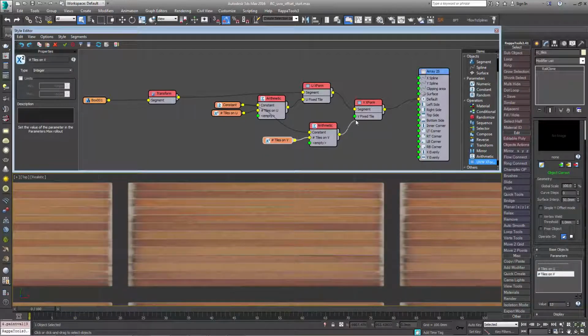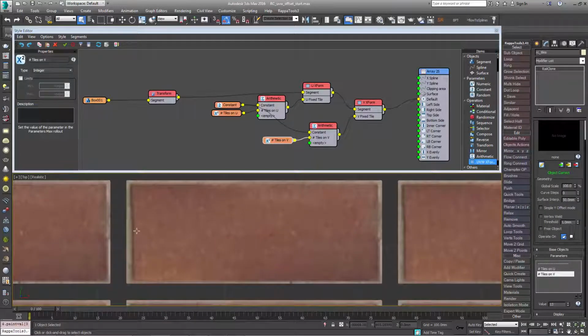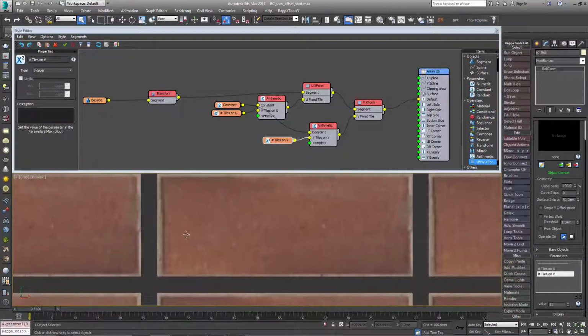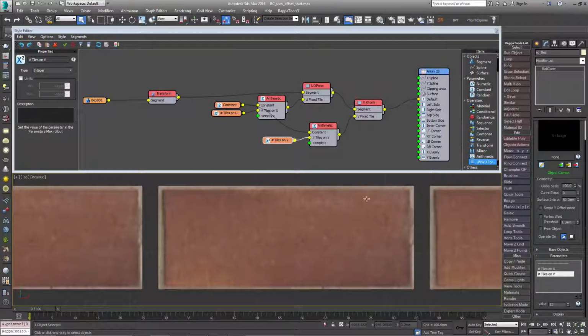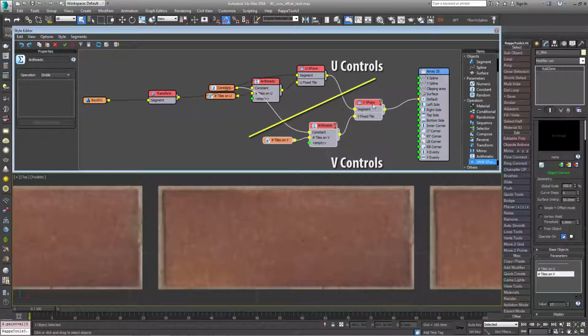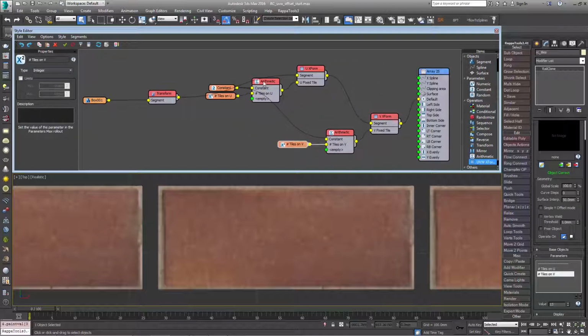Now wire the copied arithmetic node to the V fixed tile input of the XForm operator. Each segment will now be mapped with a single tile. If you look closely, at the moment this also includes the grout or the joint between the tiles. It's often the case that we want to remove this, and to do that we need to add a couple more controls. Firstly, we need a small adjustment to the tiling so that we can scale it to exclude the joints. And we then need to be able to slightly offset the position to recenter the texture on the segment.